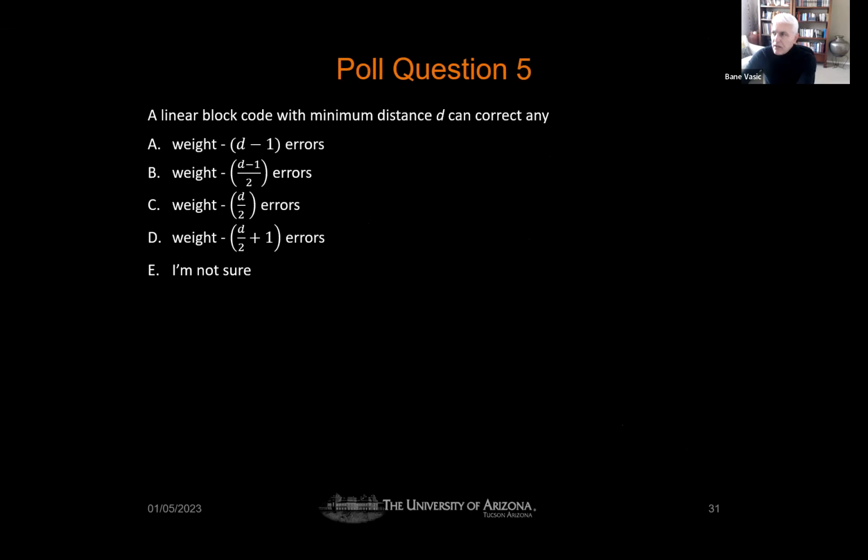So this non-zero syndrome is an indication that there is an error, and that this error now needs to be corrected. So here is another poll question to determine what number of errors we can correct. A linear block code with minimum distance d can correct how many